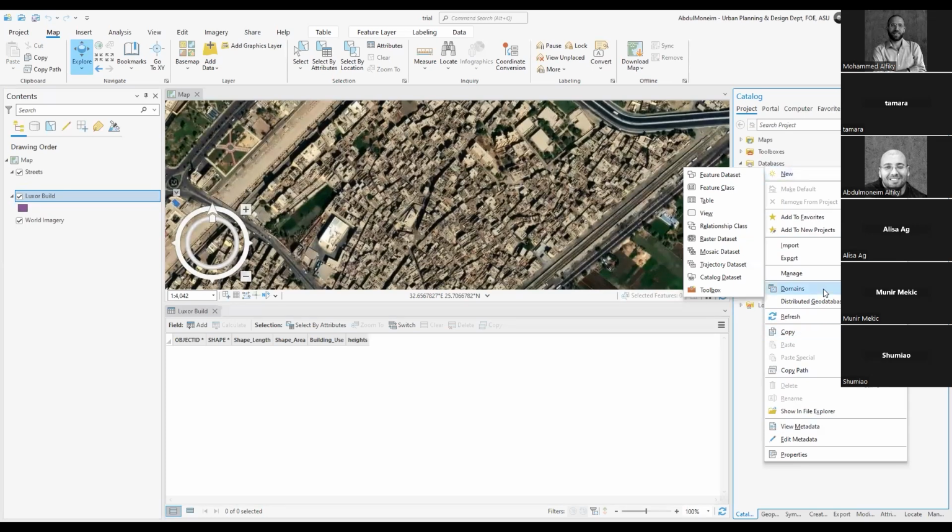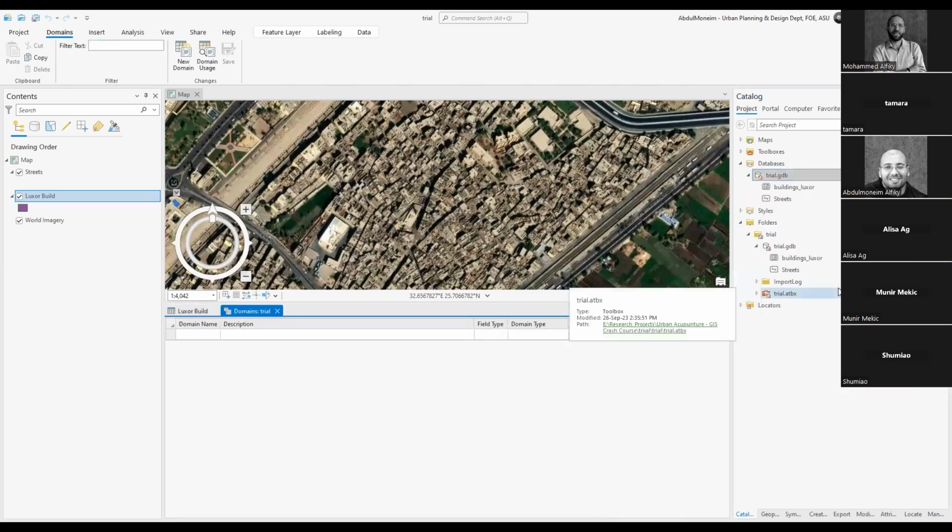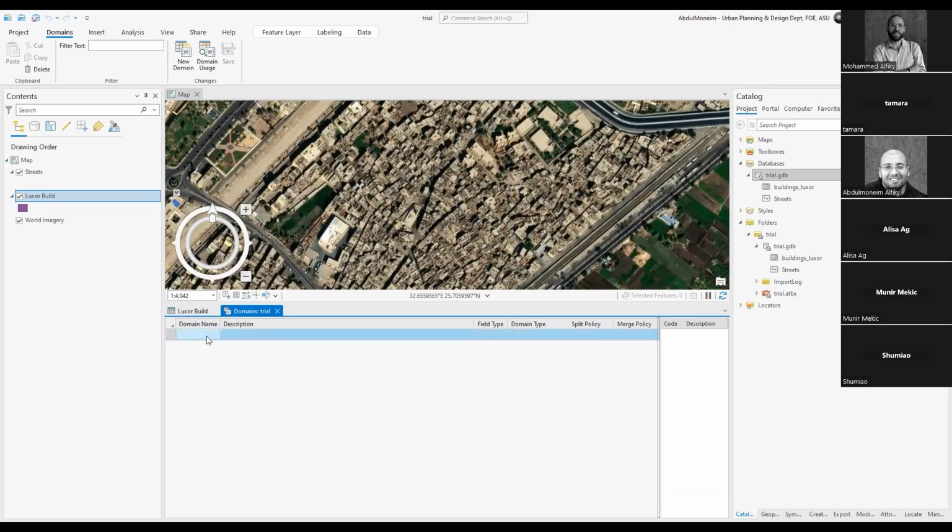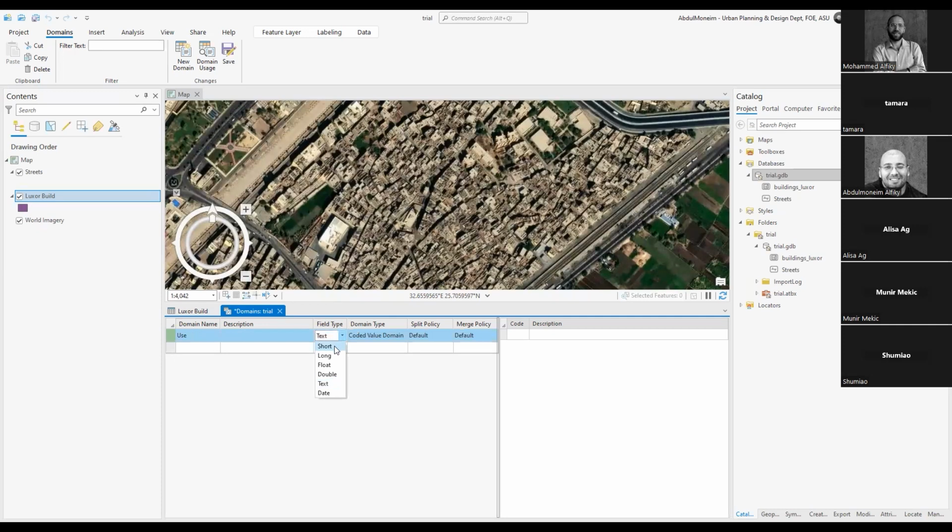This time, as you see here, there's something called domains. I can click on it. There is no domains in this database, so I'm going to create one, and we call it use, for example. It tells me what type of domain I'm going to use, the fields that it is going to apply to, and it is a short integer. The field that we already created in Luxor build was a short integer, so I'm going to say when I